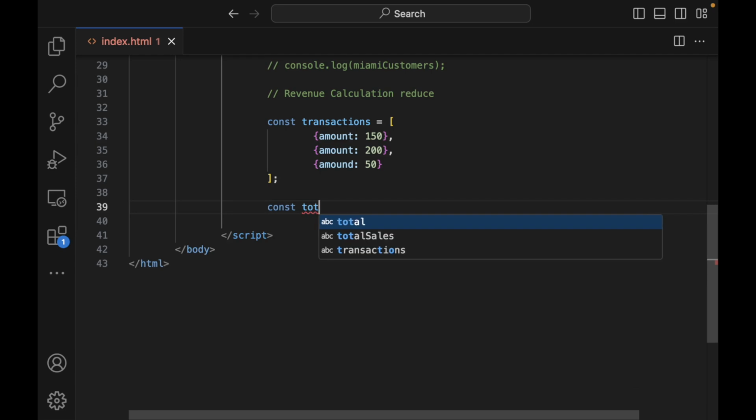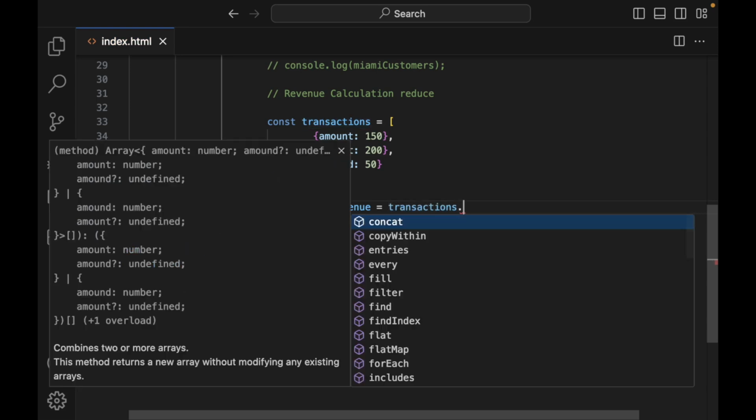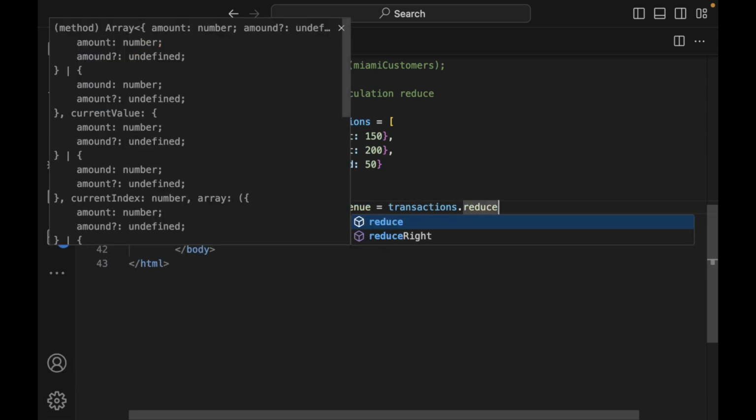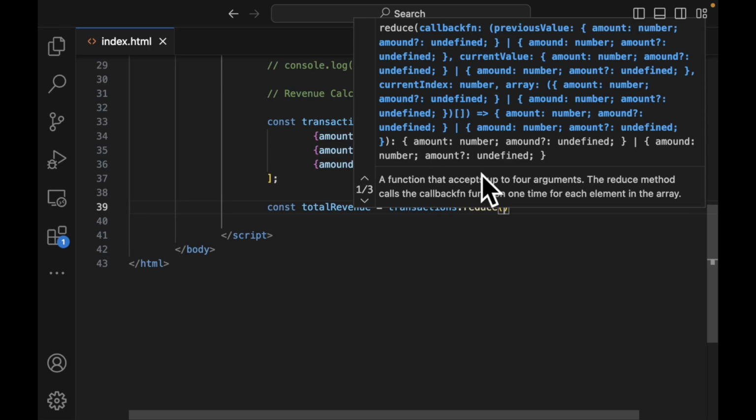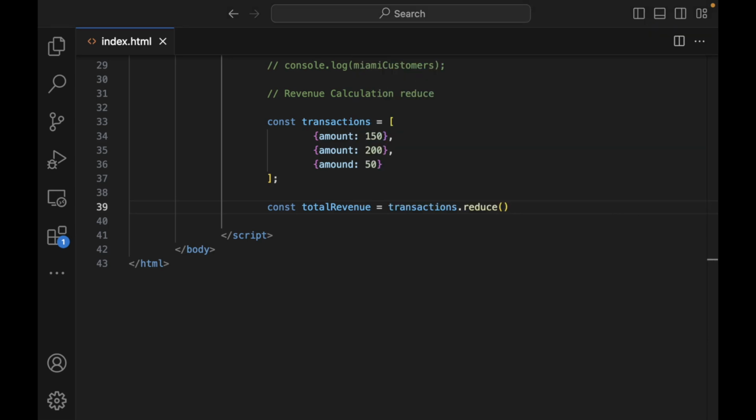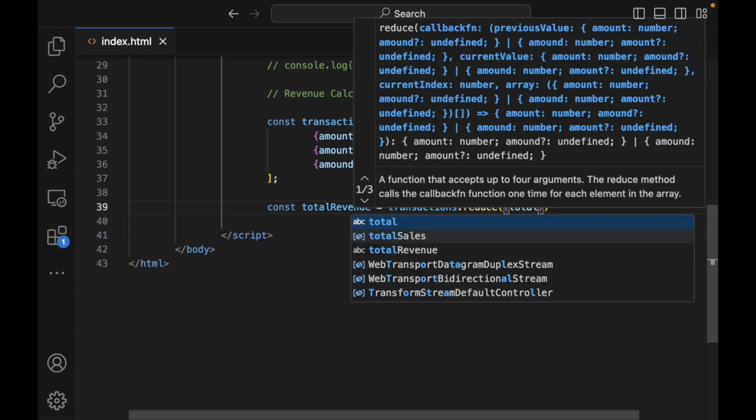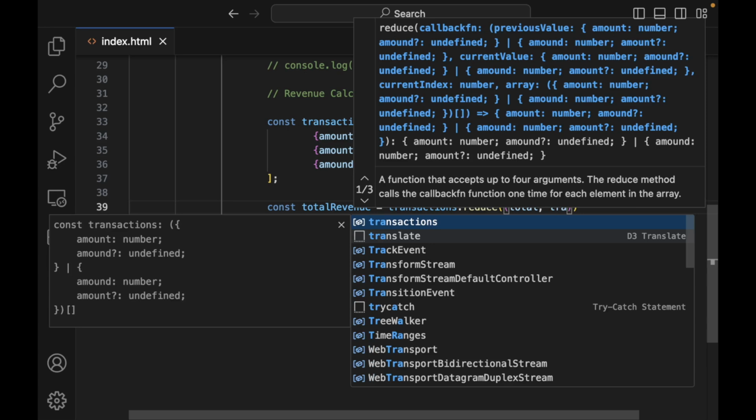Okay, so const total revenue is equal to our transactions dot reduce. Again, here you can see this is going to pop up. It takes up to 4 arguments, and the reduce method calls a callback function 1 time for each element in the array. And what we're wanting to do here is do something just a little bit different. We'll take total and transaction,